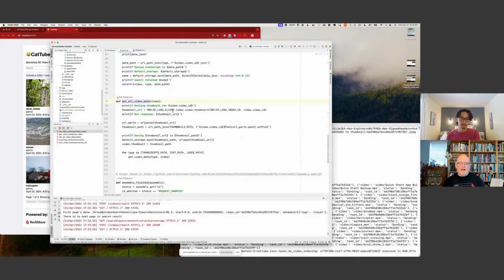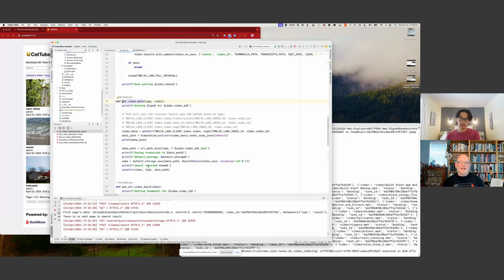We retrieve the thumbnail and save that into our storage, create a path for it. And then for the transcripts, the text, and the logos, we do pretty much the same thing. We get that data and we save it into our B2 storage.